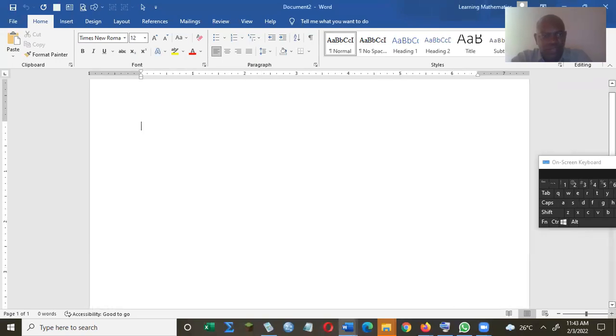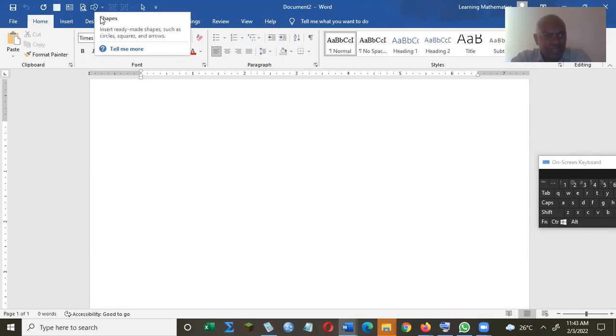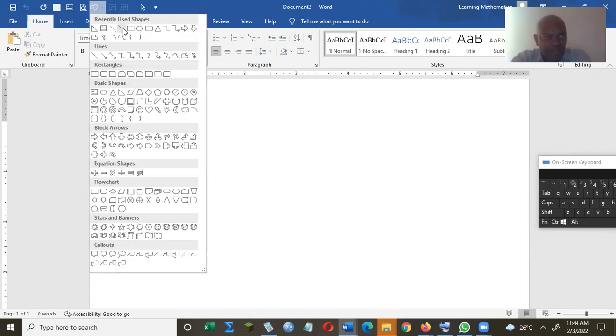To construct a number line, what you basically do is go to shapes. Insert ready-made shapes such as circles, squares, and arrows. So you go to shapes, toggle along on the little arrow there, click on it, and then click on line arrow,